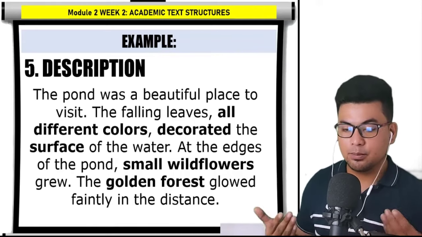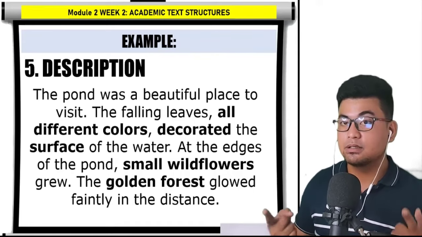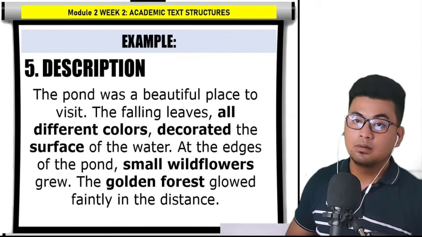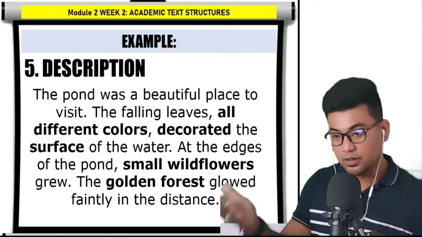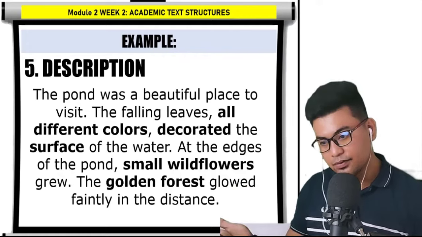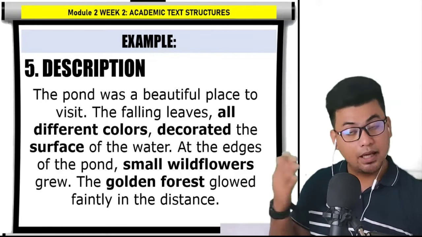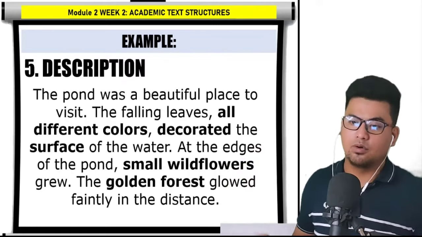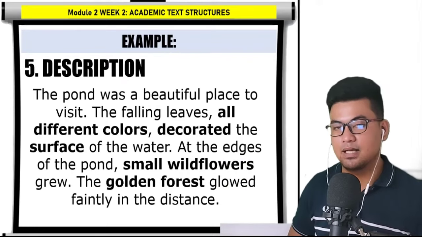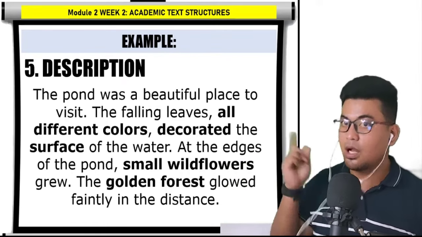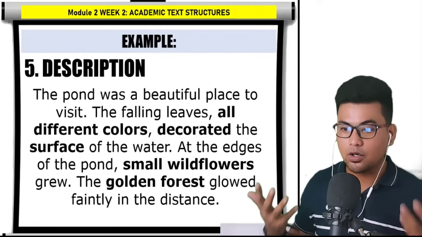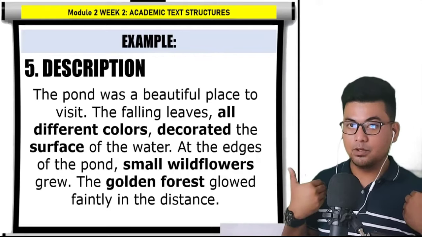And then it is supported with a lot of details talking about the pond. The pond was a beautiful place with the falling leaves, with different colors, decorated the surface of the water. The edge of the pond was small with wildflowers. It's like the golden forest glowed faintly in the distance. So, we just talk about the pond, and we describe the pond with a lot of things, according probably to